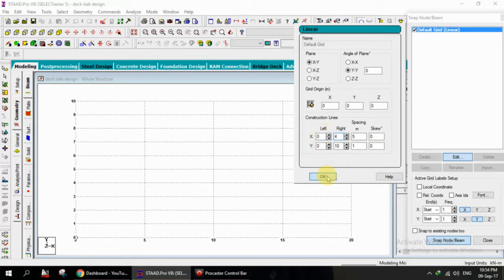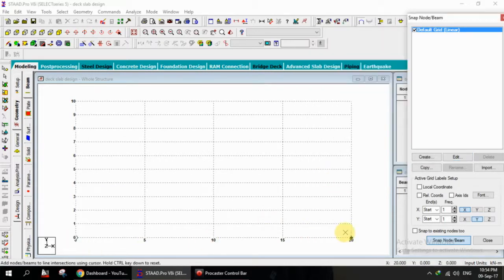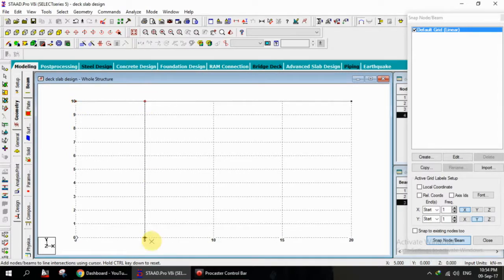Let us assume that our span of the deck will be 20 meters and the height of the deck will be 10 meters. So first starting from 20, 10 point, selecting a beam in this. By this we have selected the members and nodes. Select all the members